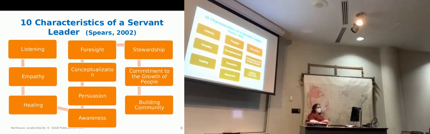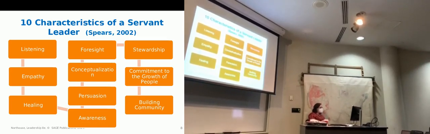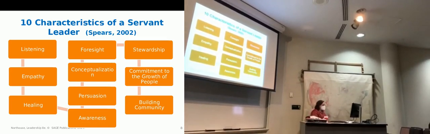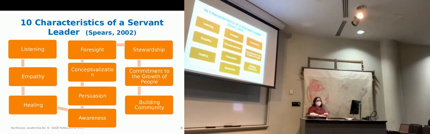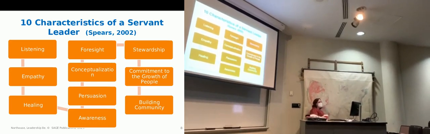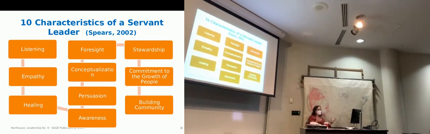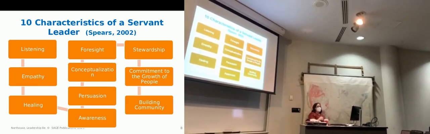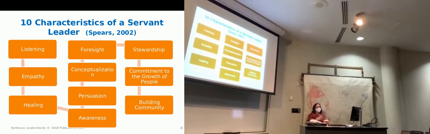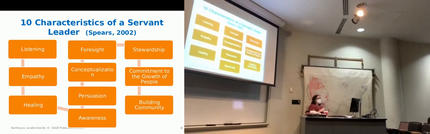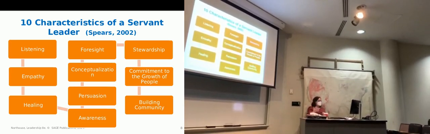But foresight is then having the ability to predict what's going to happen in the future based on what's happening right now. So these people not only can see how all the pieces of the puzzle fit together, but they understand enough of the context and things that might happen in the future that they can plan or predict ahead of time.